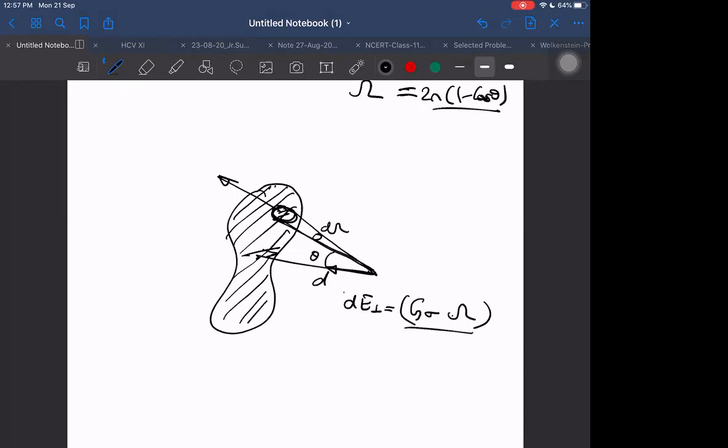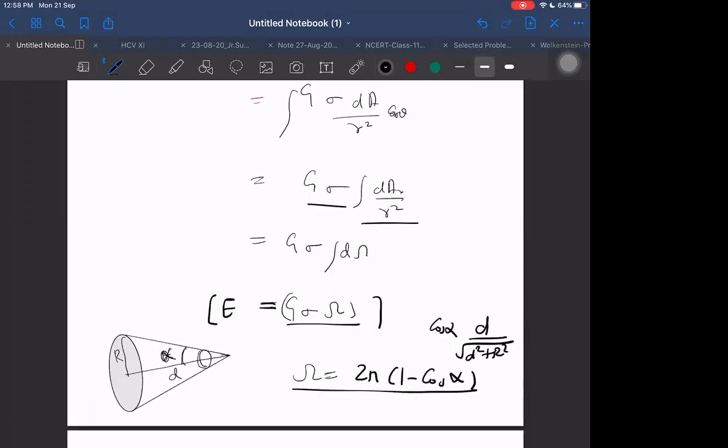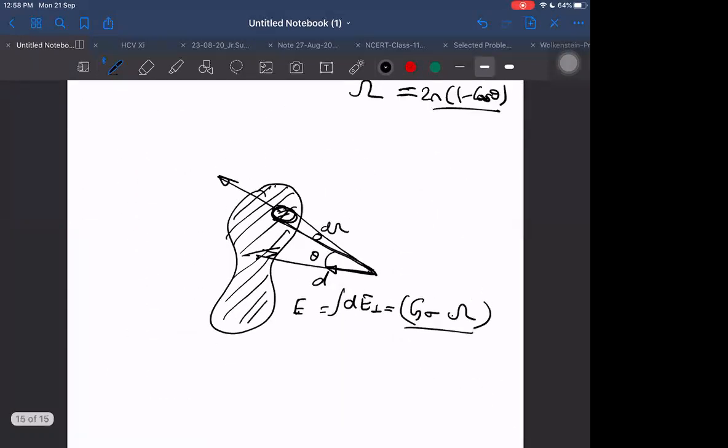Why directly I am saying that? Because last time we did not even use the condition that it was a circle or whatever the shape is. See how we did it. We did it G into sigma into dA r by r square, and that comes out to be G sigma omega. Does it depend whether it was a circle or it was a plane, and we are taking a point P at a perpendicular distance d away from that plane?